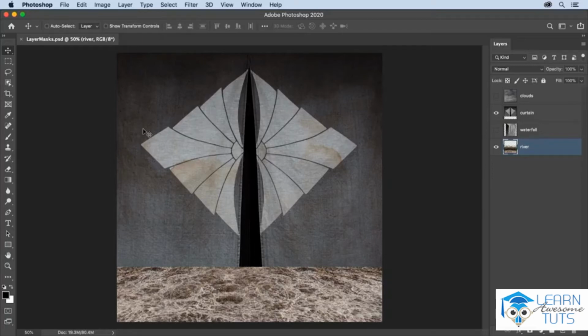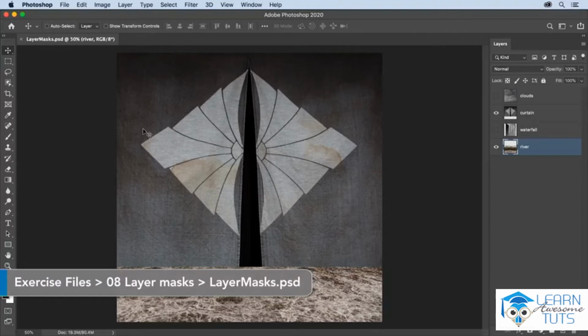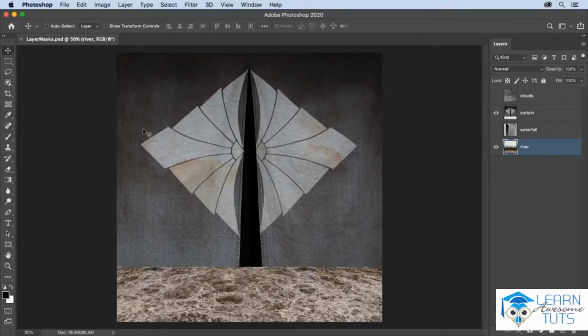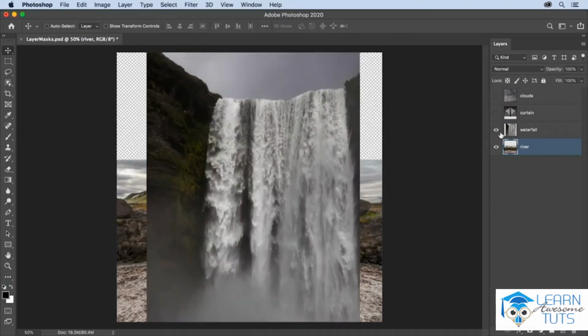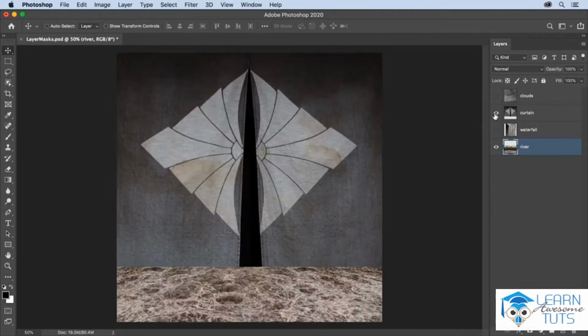Layer masks are a key feature of Photoshop that allow us to non-destructively hide and show selective portions of our image. We can see that in this document we have 4 different layers, or 4 different images, each on their own layer. I have a clouds layer, this curtain layer, there's a waterfall layer, and the river layer. I want to view the river and the curtain layer, and I'm going to select the curtain layer in the